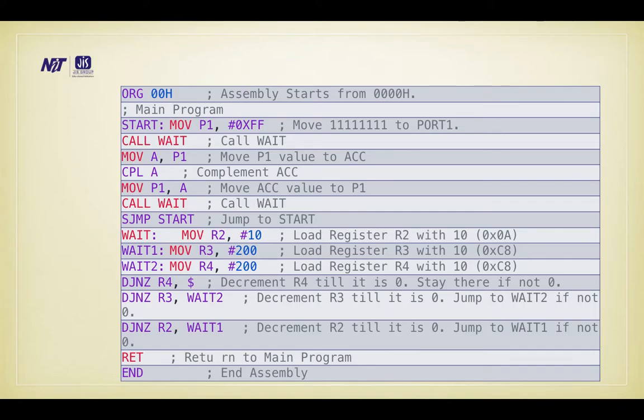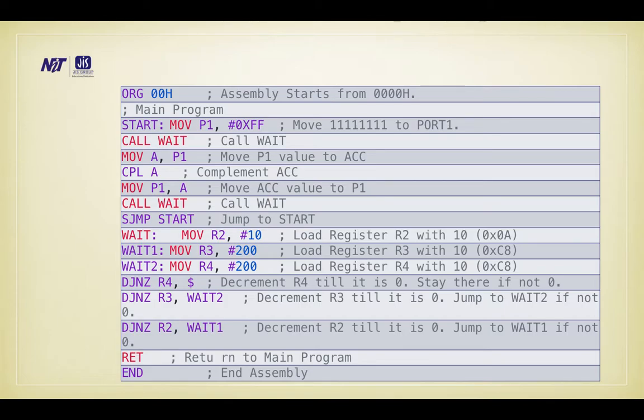Load register R4 with 200, 0C8H. DJNZ R4, $, it indicates decrement R4 till it is 0. Stay there if not 0.